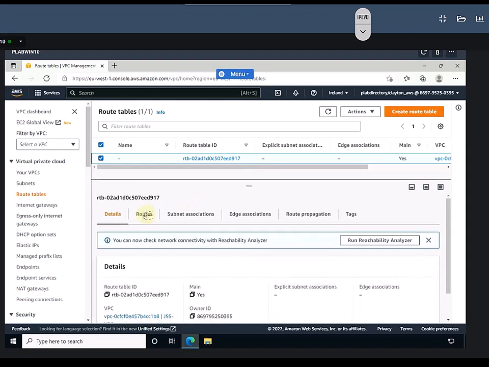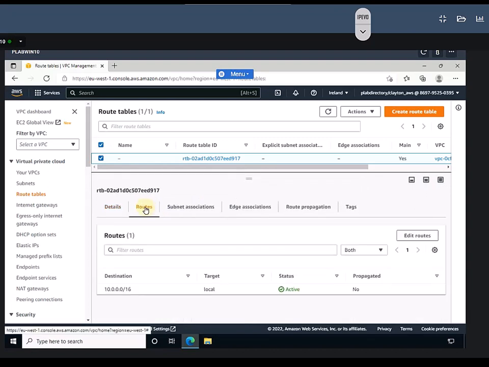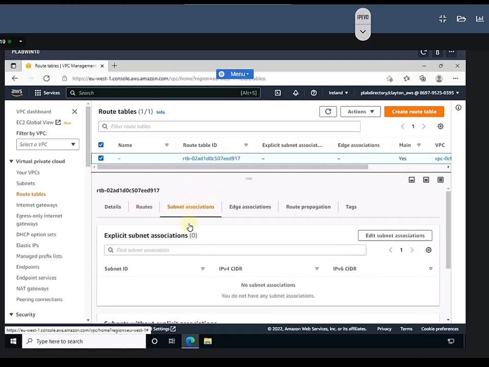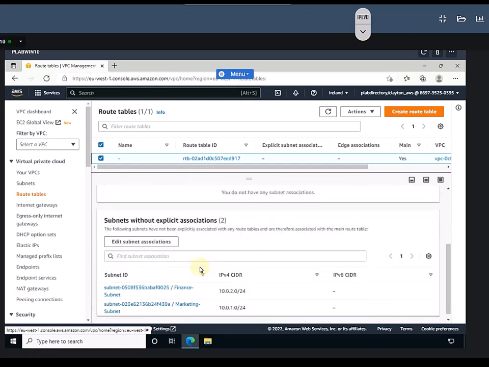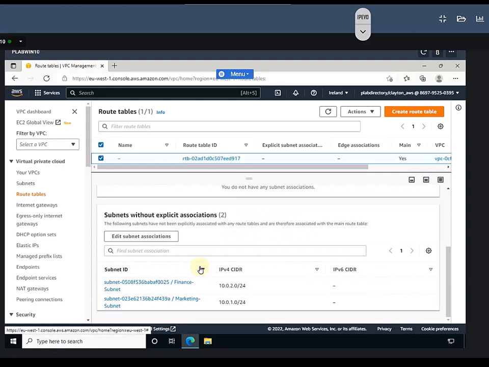and click on the routes. As you can see, the main CIDR block, which is 10.0.0.0/16, is active. Okay, but what kind of subnets are associated with this routing table? As you can see, no association has happened, because these are the total number of subnets visible to me, which are 10.0.1.0 and 10.0.2.0. So I have to attach these subnets to a routing table. So before I attach, what I need to do,